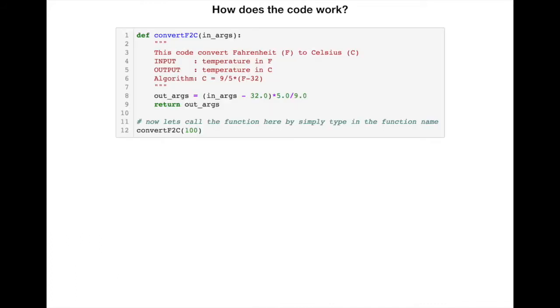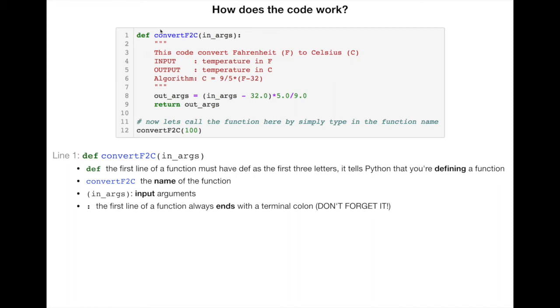All right, now let's go through how the code works as the function you saw in the last slide. Here we have the definition of the function, the string, the function body, and return something. After the function is defined, let's call the function by simply typing the function name with an input value. All right, so in line 1, if you look at this, def convert_f_to_c with its arguments,